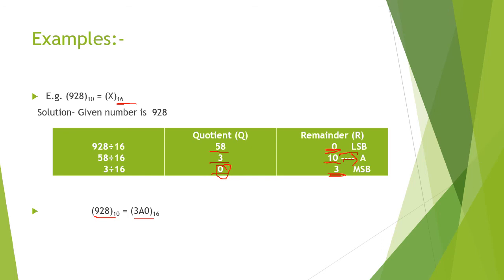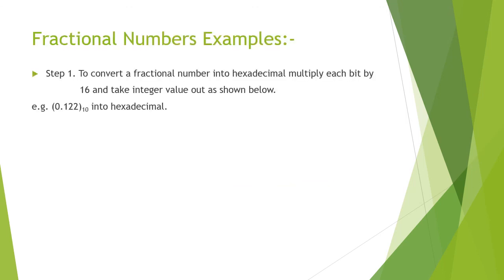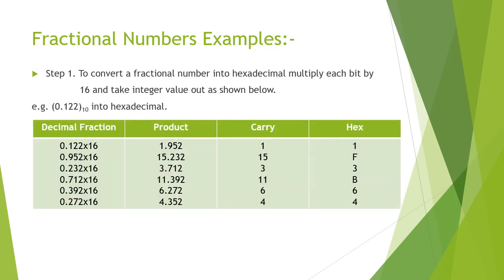Okay, the procedure is very simple, very much similar to that of the double-dabble method. Here the only difference is that in the hexadecimal method we have to divide the number by 16. Now for a fractional number, again the procedure will be the same. Here we have to multiply it by 16. Write down the product, carry. Okay, again the same procedure. Carry like this and continue this process up to 5 or 6 digits.